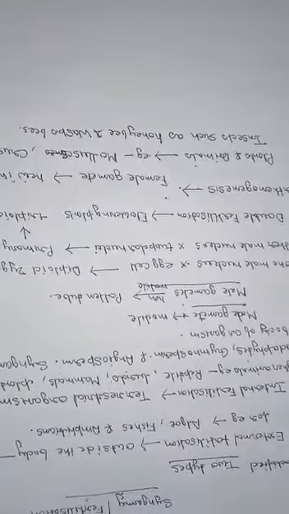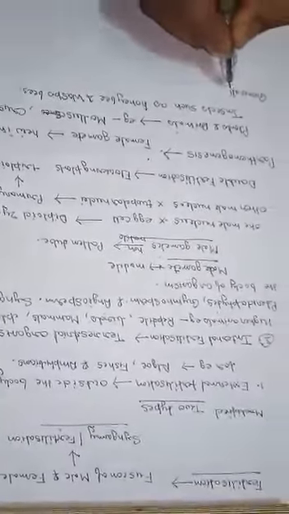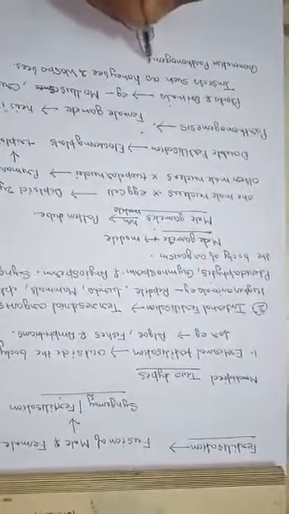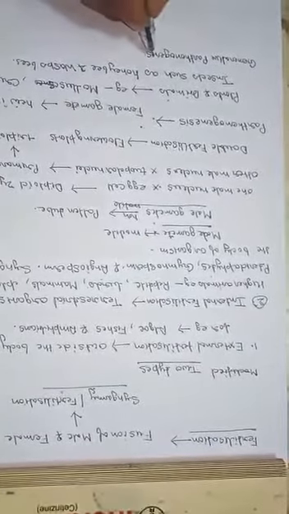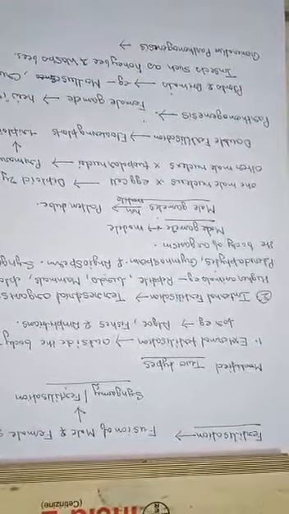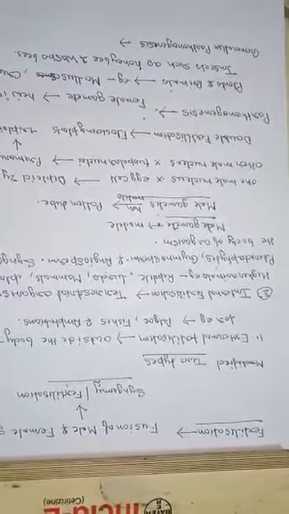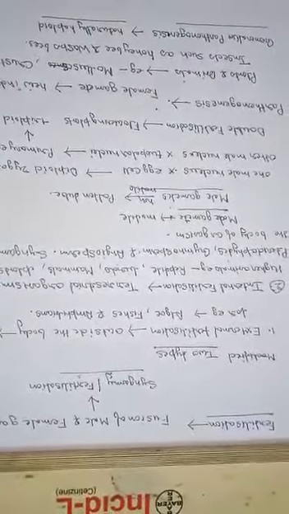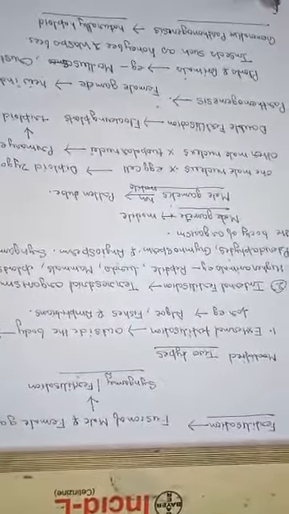In parthenogenesis, the embryo developed from an unfertilized haploid egg is naturally haploid, and this is known as generative parthenogenesis. The embryo is naturally haploid. This term is known as generative parthenogenesis. And second is somatic